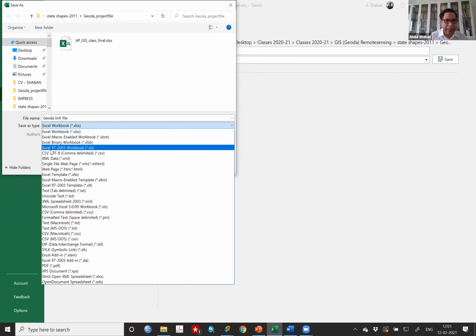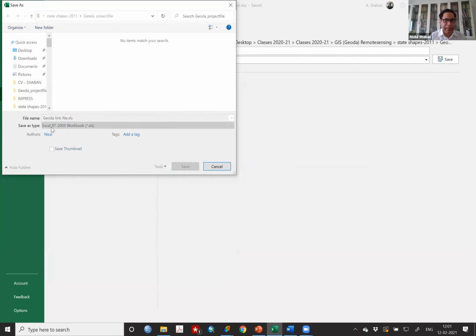You need to save Excel 97-2003 so that it is a lower version and there is no conflict. It is always advisable, unless you know that both software are compatible. But I'm not sure which version you are using, what kind of advancement they have done. That is why I always go to the lower version, saving it so that I can link. So Excel 97 to 2000 I can save.